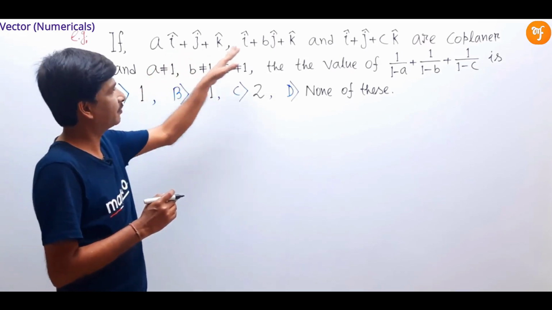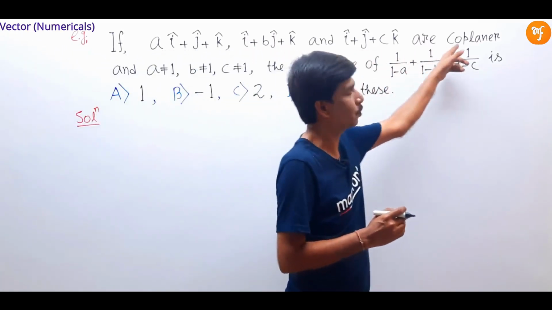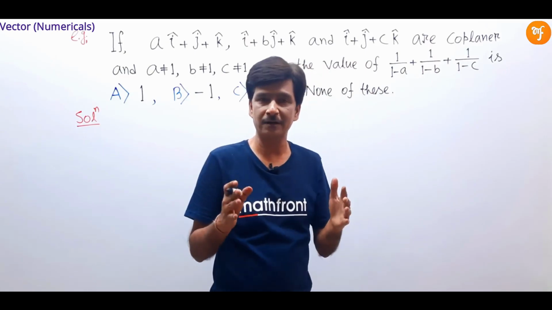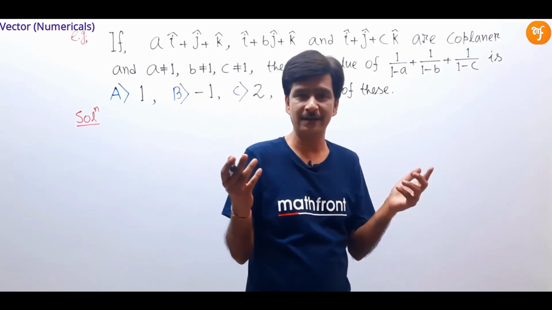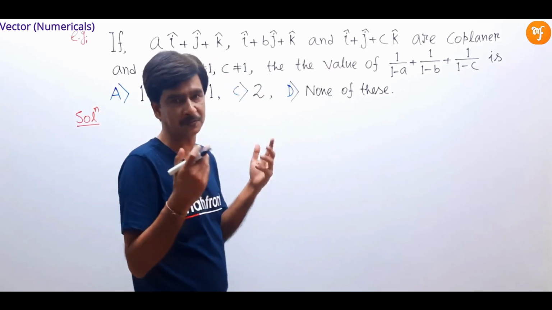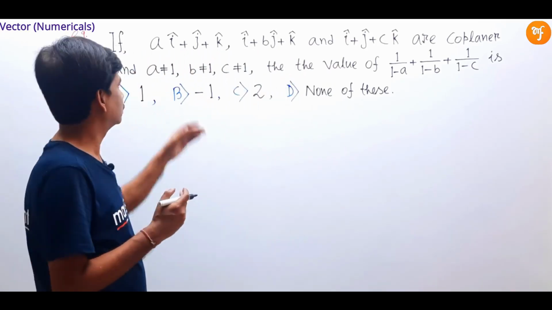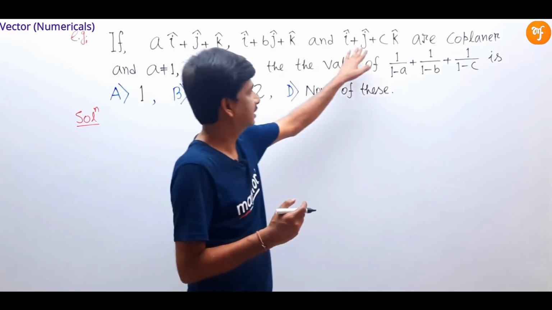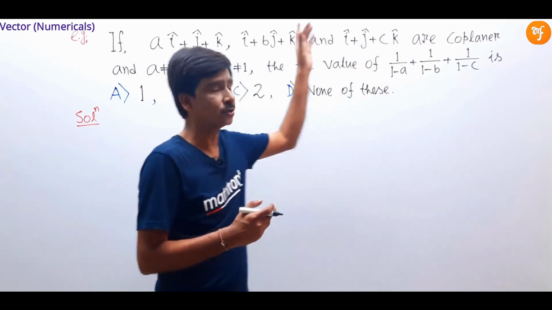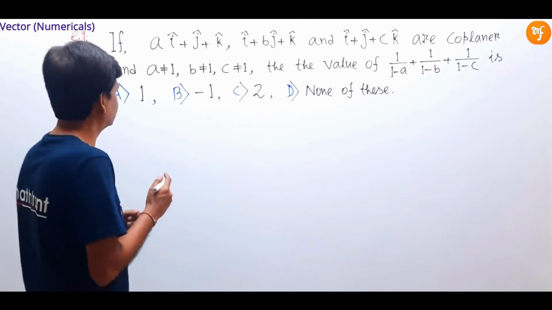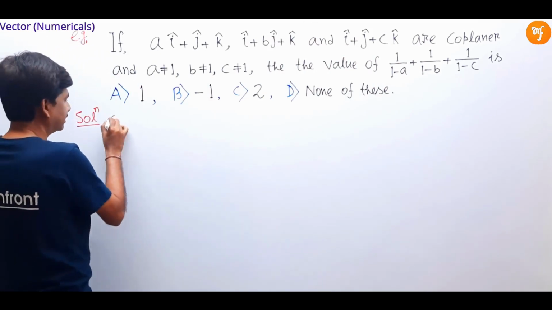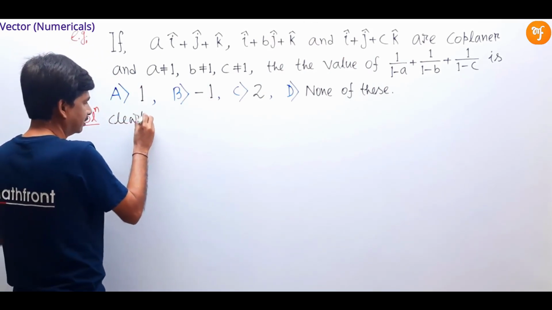As the three given vectors are coplanar, their box product must be equal to 0. Because when three vectors are coplanar, their scalar triple product, that is the box product, is 0. So these three given vectors are coplanar, so the box product of these three vectors is 0. So we can say clearly